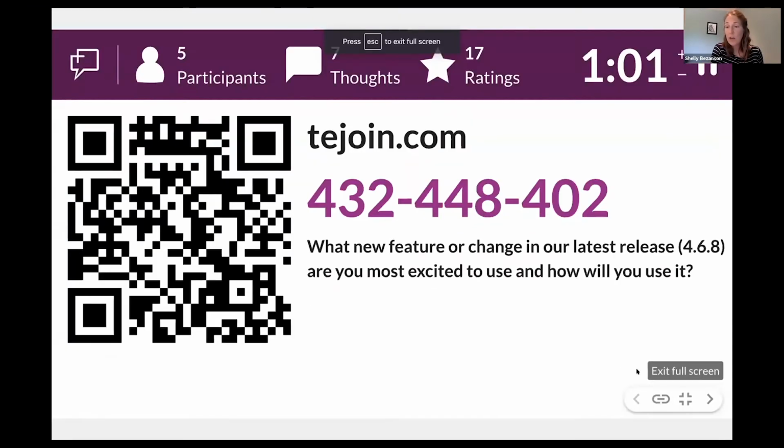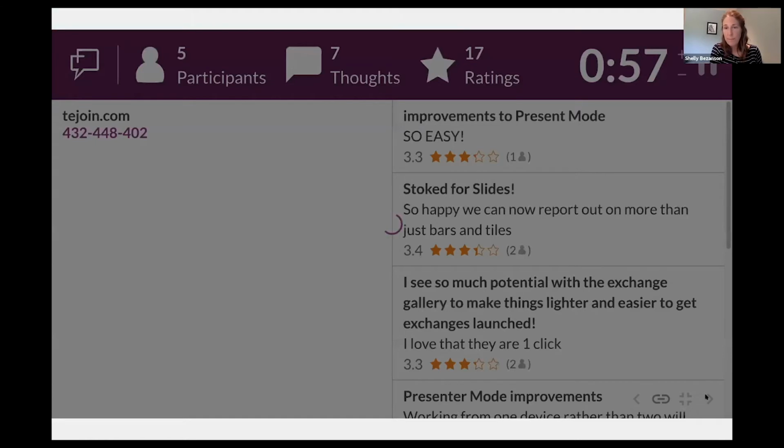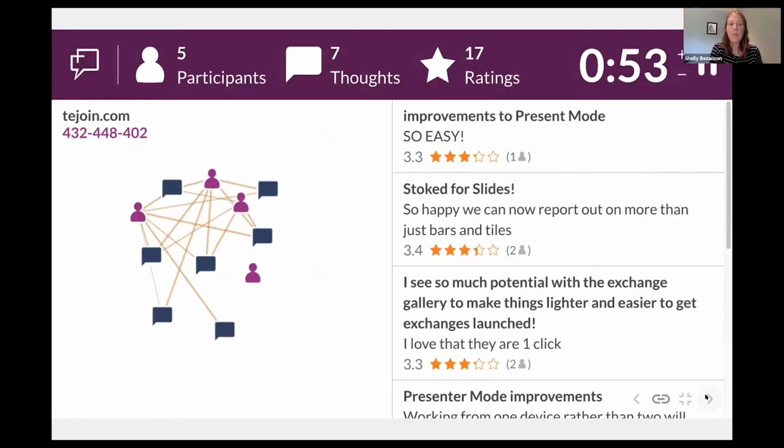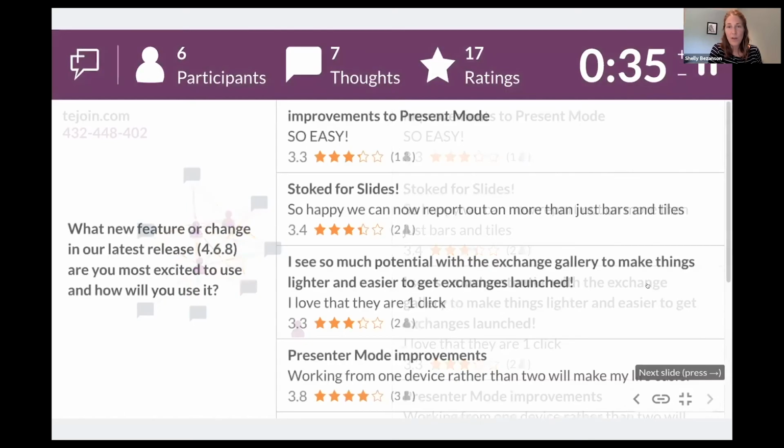I can very easily go big, and I can navigate to the different views. So you can see there's some thoughts in here. I can add time, I can pause the timer. It's so much easier for a leader to be able to use present mode and not have to worry about the actual logistics of running a meeting. It's all right here. So once I go over here,